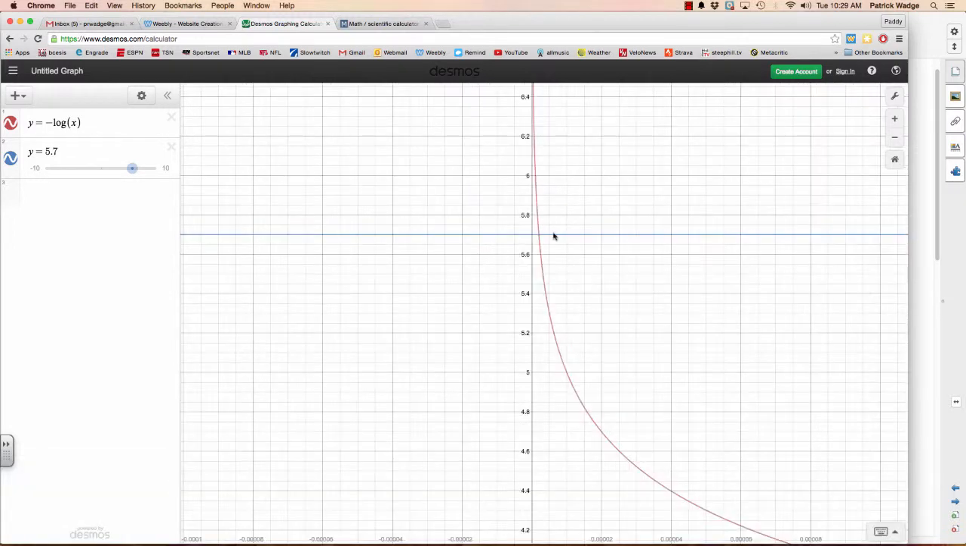How's that look? That's looking okay. We can actually see the intersection point. The nice thing about Desmos is all you have to do is click and drag, and you can see right there, you get your answer. And what the answer is